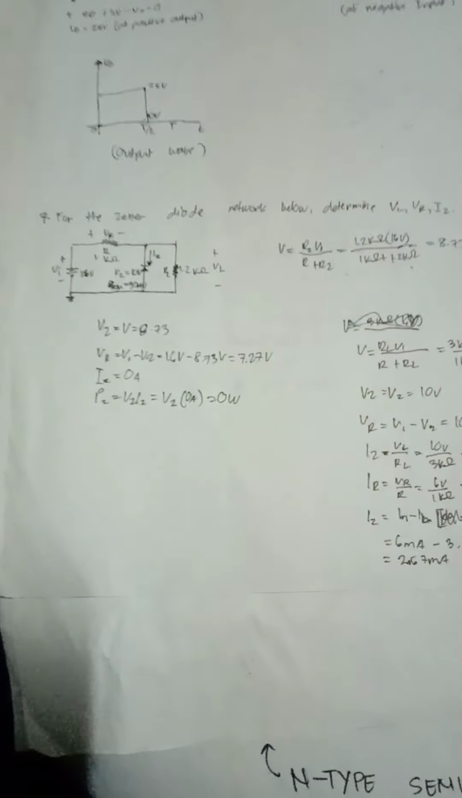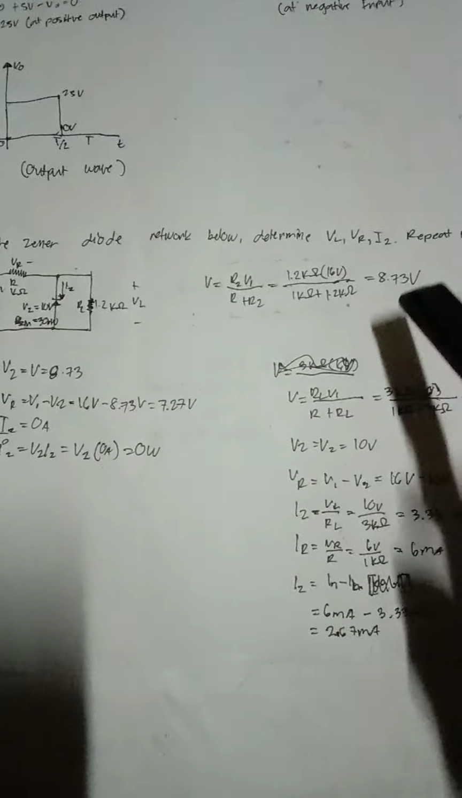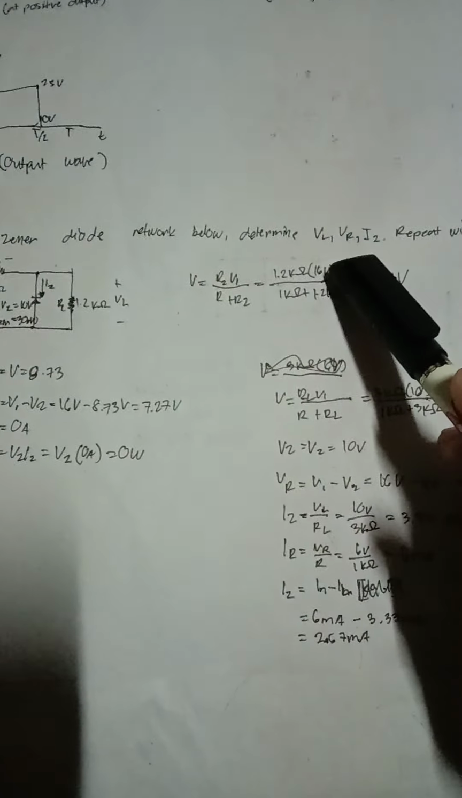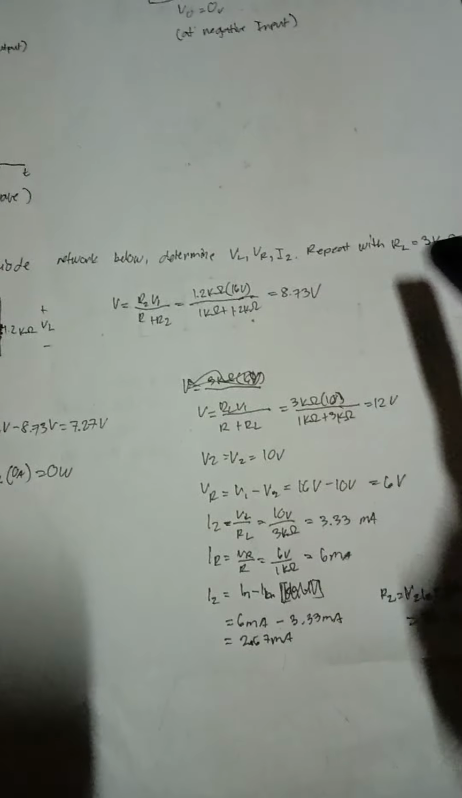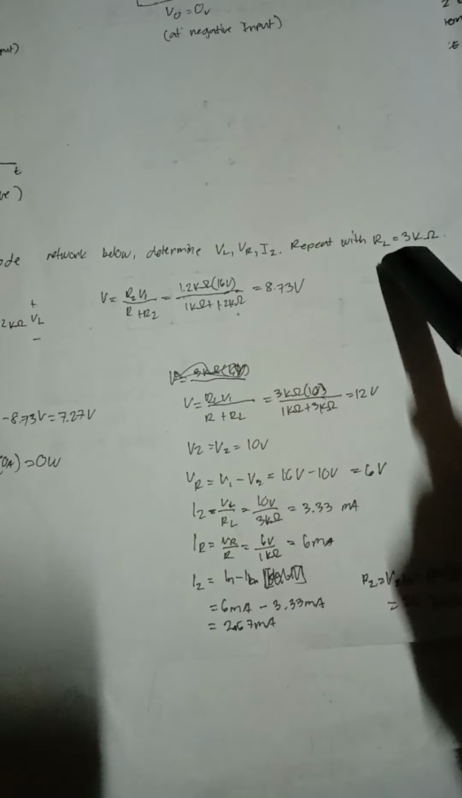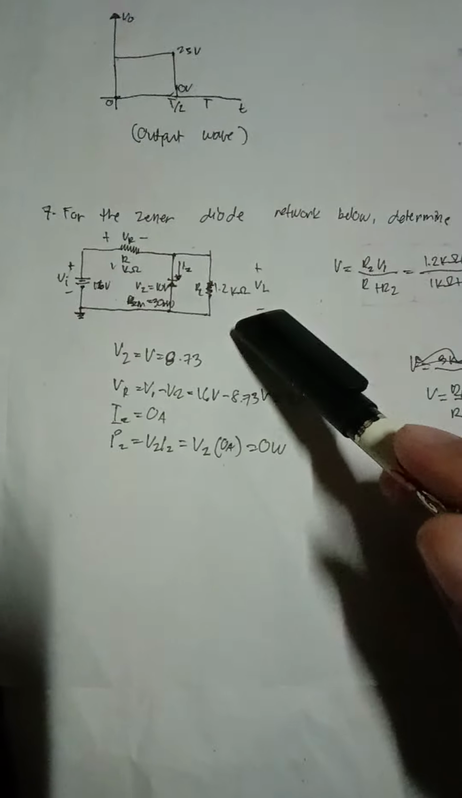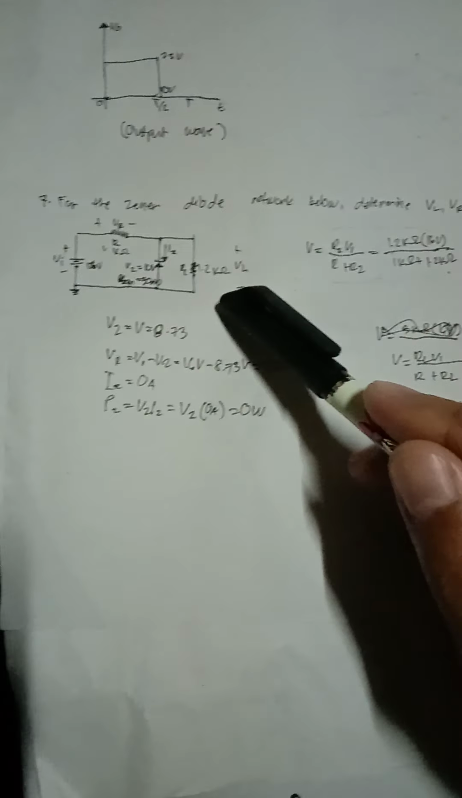Question 7 is for the Zener diode network below. We will determine VL, VR, IZ, and PZ, and we will repeat with RL equal to 3 kilo ohms. So first, this is our sketch of the problem. So let's